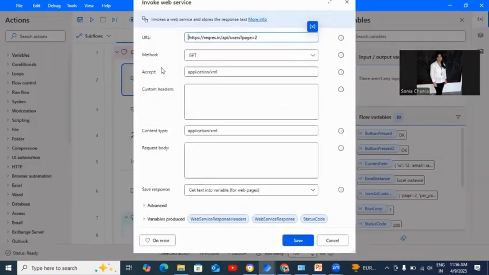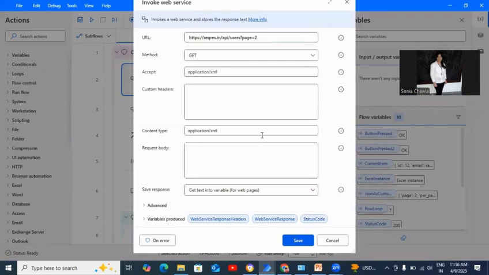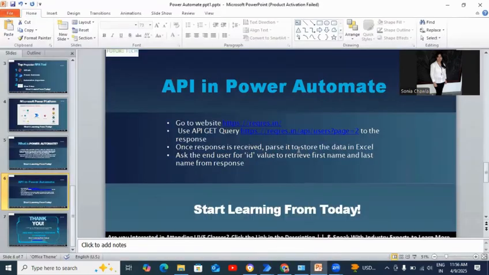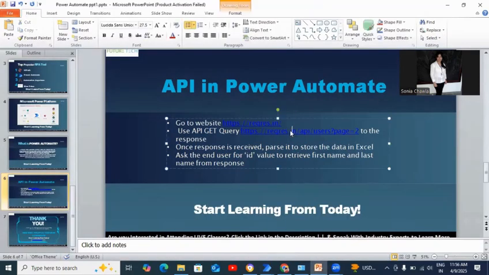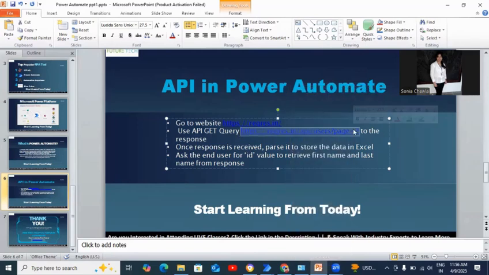This is the activity. Here in this PPT, I'm showing you this API's GET query. This same API I'm using in Power Automate, and you can see here this is the API and how it looks. Let me show you how it looks.